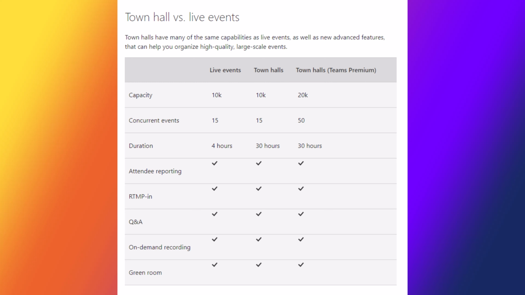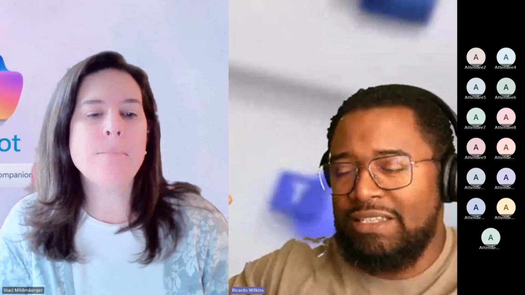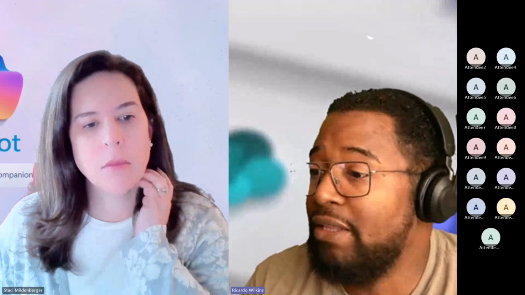And then I think the other thing would be the production aspect of town hall. I don't think it is as complicated, depending on your perspective, because you get to leverage a lot of what you know from a regular Teams meeting. If I'm remembering right, that whole TV producer interface is much different, so it should be a little easier there. But certainly the link that Staci provided is going to give a nice rundown of that. Anything else you would add, Staci?